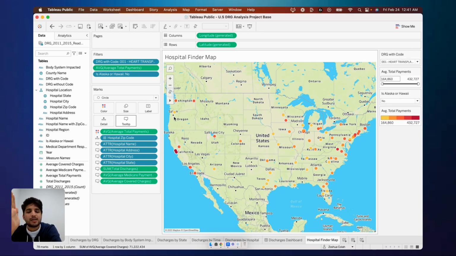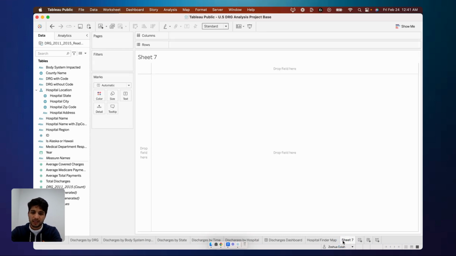Awesome. So we've now built a hospital finder map. Now the next step we want to take is to build our hospital finder table. So let's go ahead and build out that table. It's going to be super fast. It's going to take us a maximum of 4 minutes, I think. So go up to the bottom bar, click on the plus button, create a new sheet, and just call this hospital